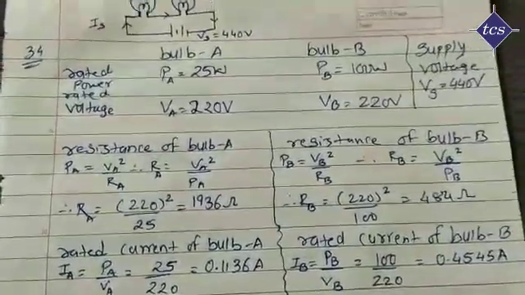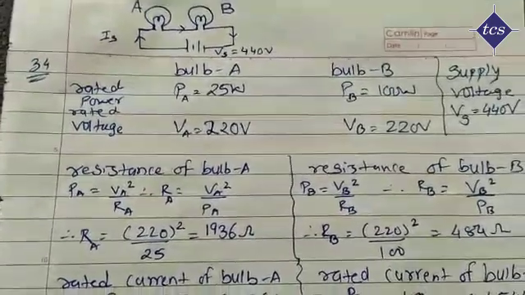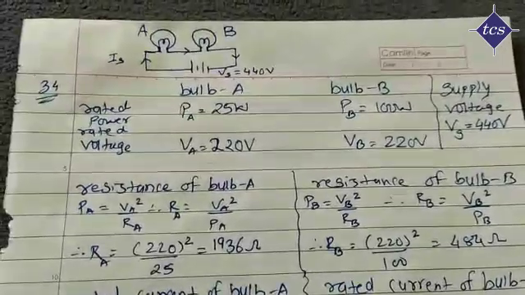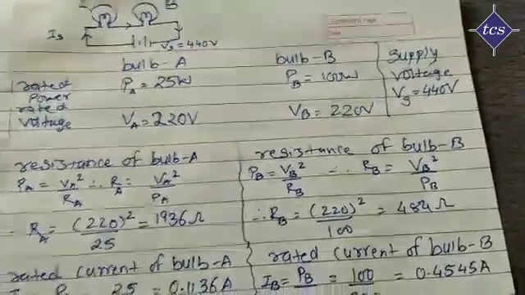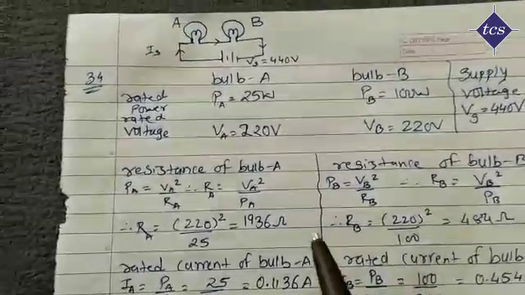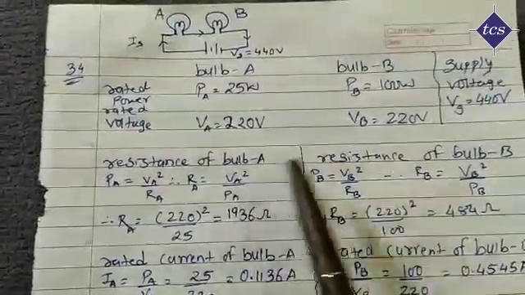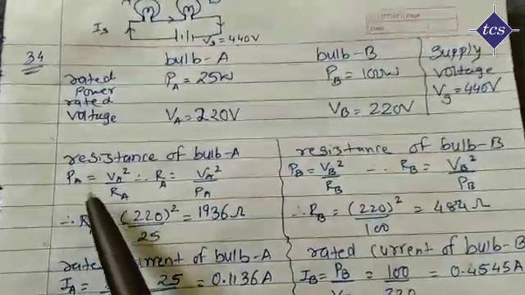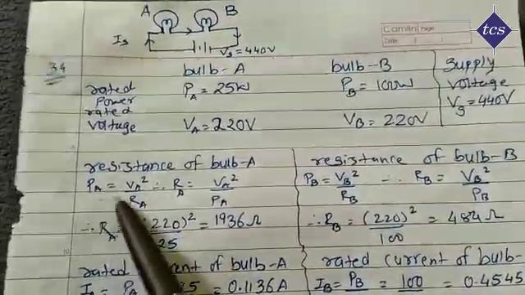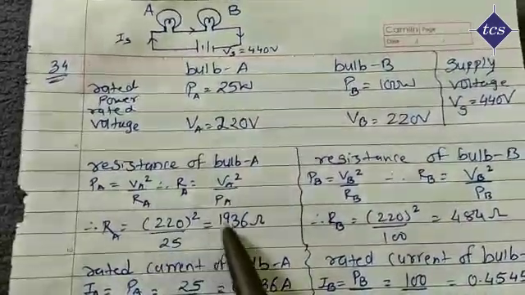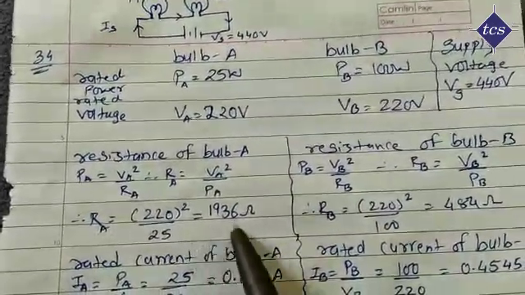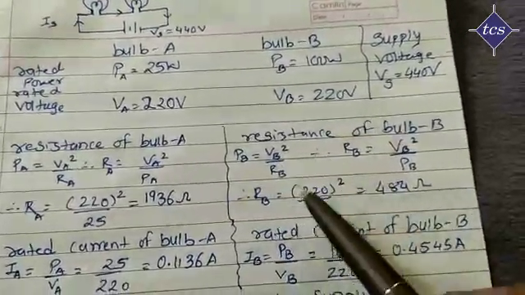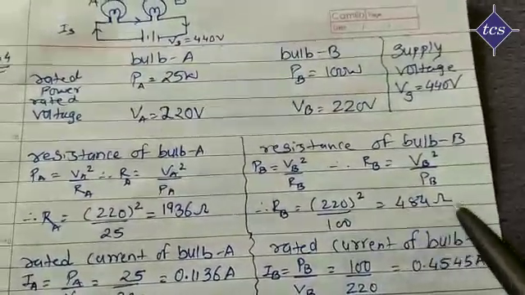Now over here the bulb will fuse due to overheating. Not that the bulb is fused, but the inner filament present in the bulb will be melted due to overheating or the oversupply of current. So for that, we'll first of all find out the resistance of the filament of bulb A and bulb B. The relation between power, voltage and resistance is P equals V squared by R. So by that formula you can find out the resistance of bulb A, which is 1936 ohm. Similarly, the resistance of bulb B can be found with the same formula. So the resistance of bulb B is 484 ohm.